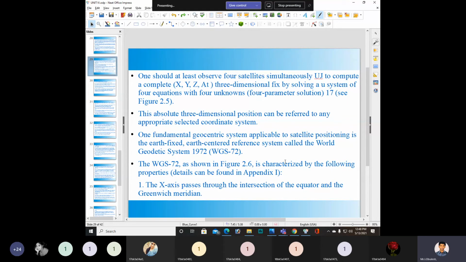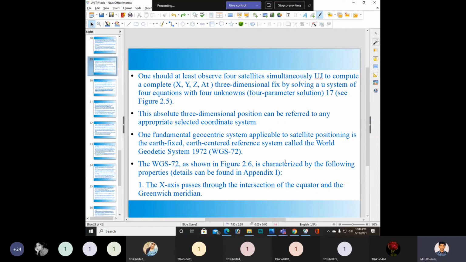That 72 indicates the year. W means world, G means geodetic, S means system. The World Geodetic System 72, as shown in Figure 2.6, is characterized by the following properties.